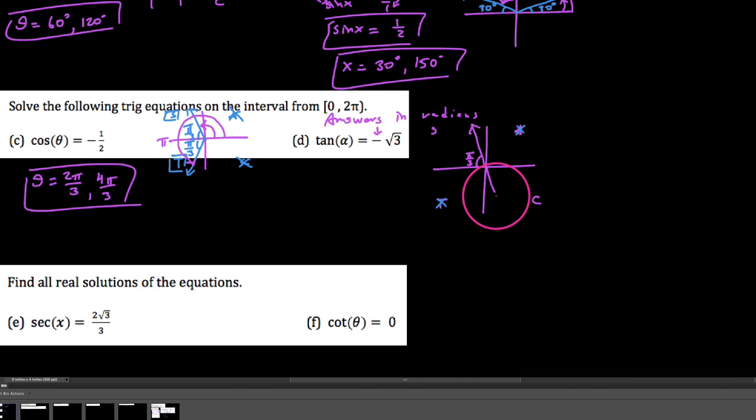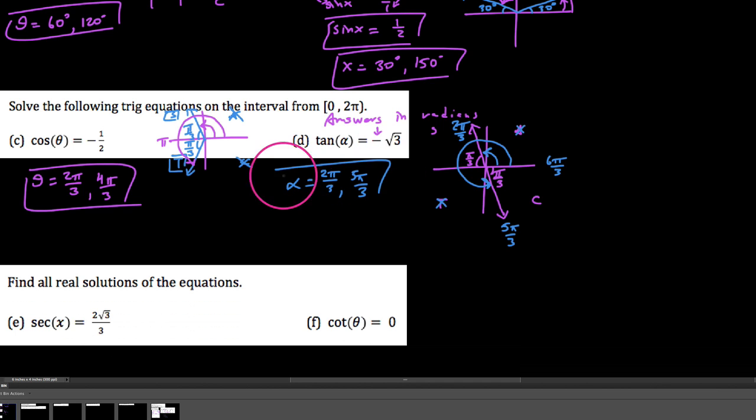But also down here, here's our reference angle right there. This is pi thirds. Essentially what we want to be finding are the angles in standard position. So again, what we see is another instance where we get 2 pi thirds here. But down here, this is a pi thirds short of 6 pi thirds, which is 2 pi. So we would say that this is a 5 pi thirds radian measurement. So alpha is 2 pi thirds and 5 pi thirds if we're giving the answers in radians between 0 and